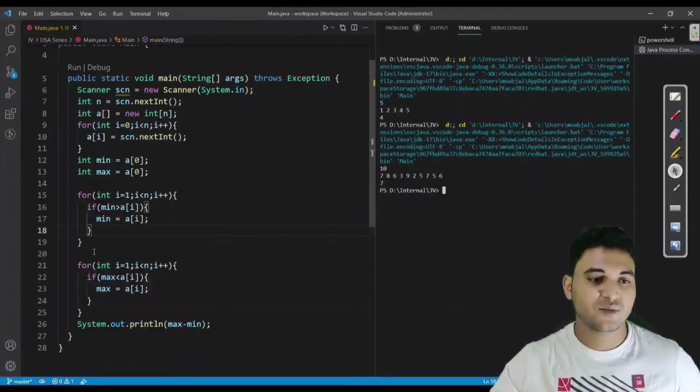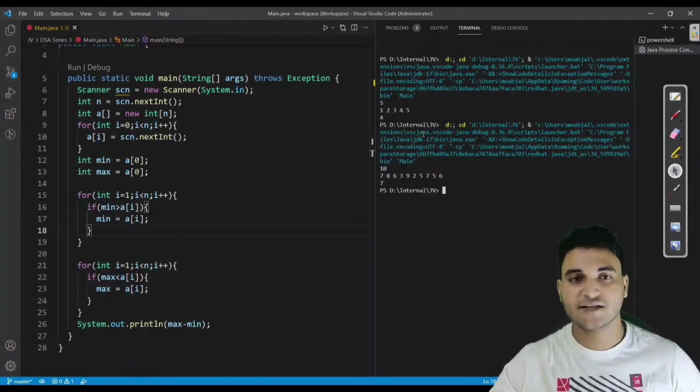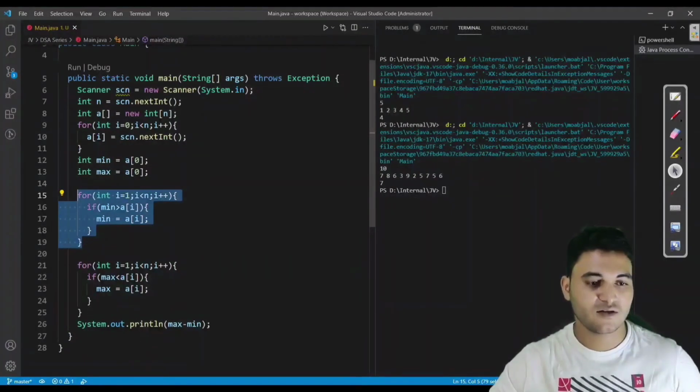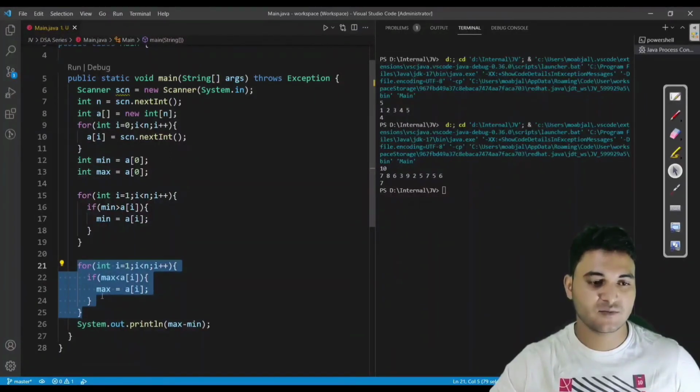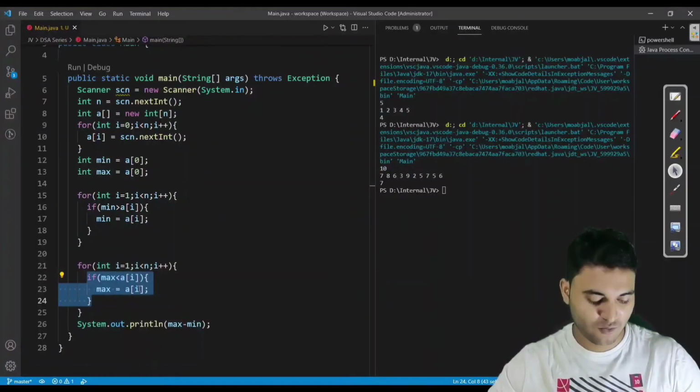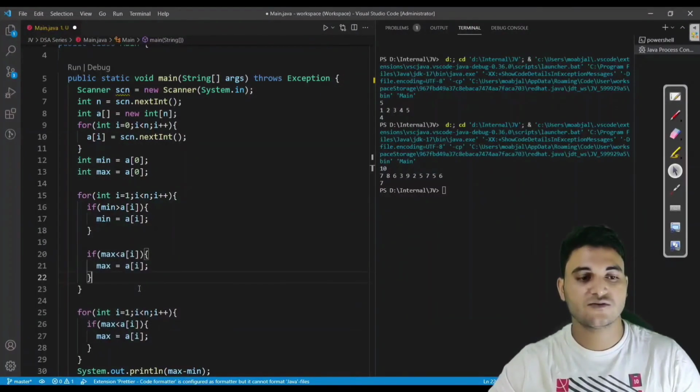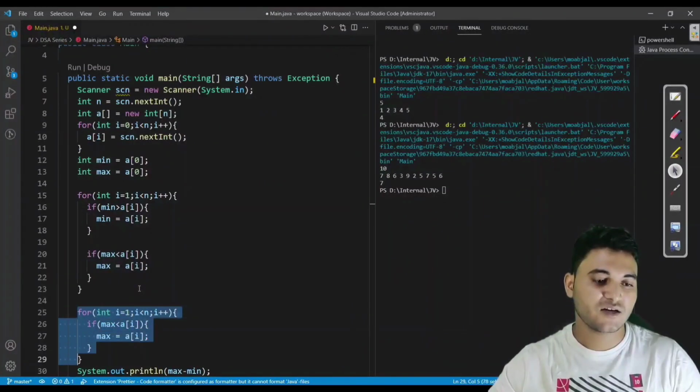So this is the logic for getting the span of array. Now the optimization part is what we are doing. We are writing one loop for getting the minimum, and a second loop for getting the maximum. Instead of this, we can just copy this condition and paste it here also, because we are checking every element.